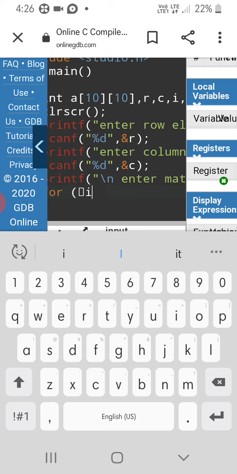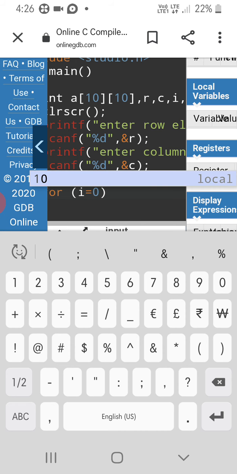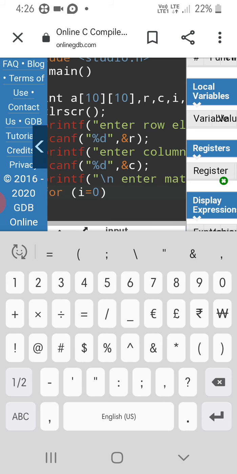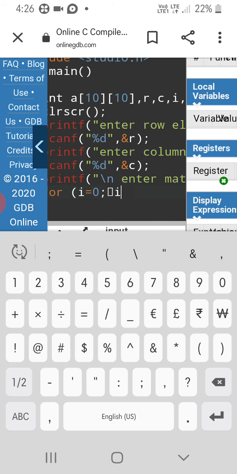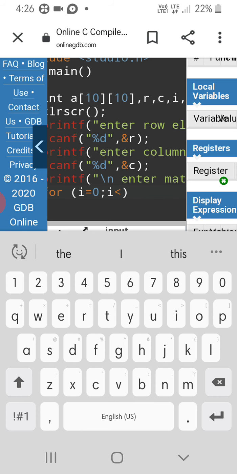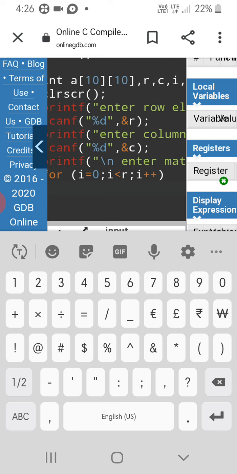Here we are initializing i equals 0 because all elements start from 0, and i less than r, that is the condition, and i plus plus, which is incrementing i.